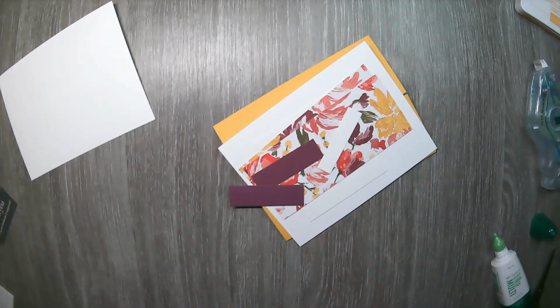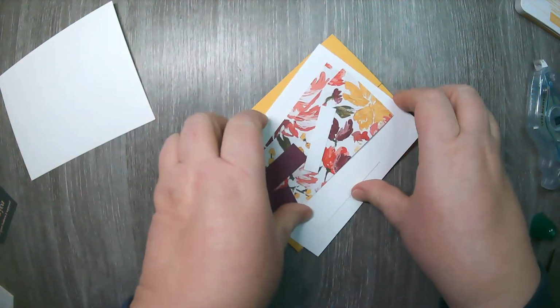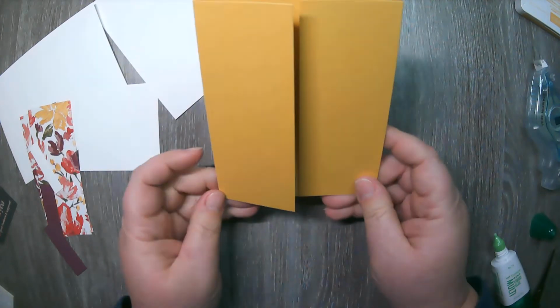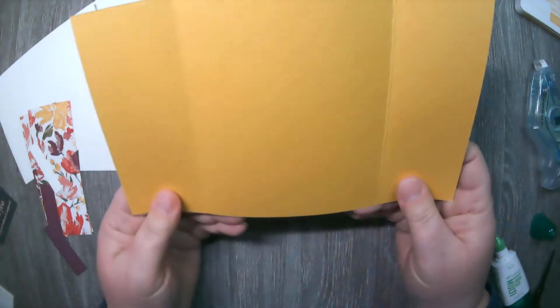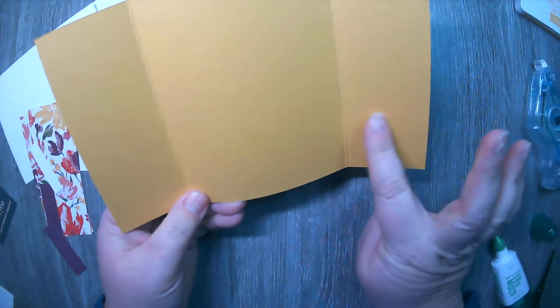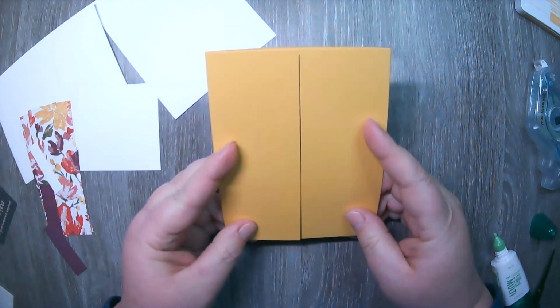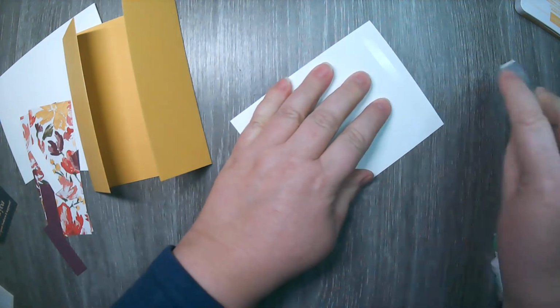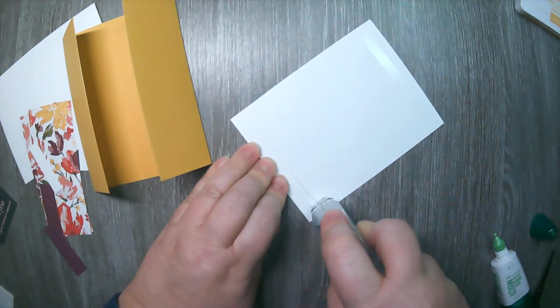Okay, the next piece I have is basic white, and then I have a piece of Bumblebee, and it will already be pre-scored for you. These are scored at 2 1/8 on each side, and this becomes a gatefold card, okay? You're going to take your larger piece of basic white,